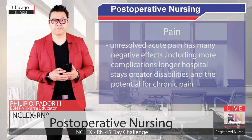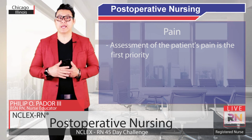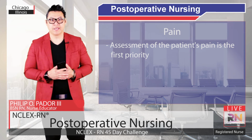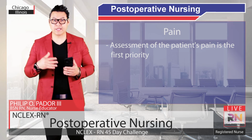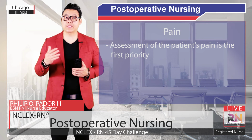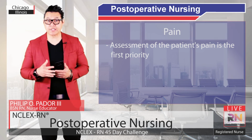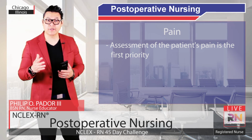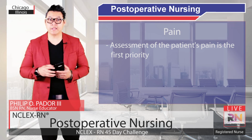Effective methods of post-operative pain relief include analgesia given prior to surgery or prior to pain, giving around-the-clock analgesia or PCA, patient-controlled analgesia, PRN or as-needed dosing, management of breakthrough pain, and non-pharmacologic interventions. Assessment of the patient's pain is the first priority. The patient's report is the most reliable indicator of pain intensity, and using a numeric or faces pain rating scale